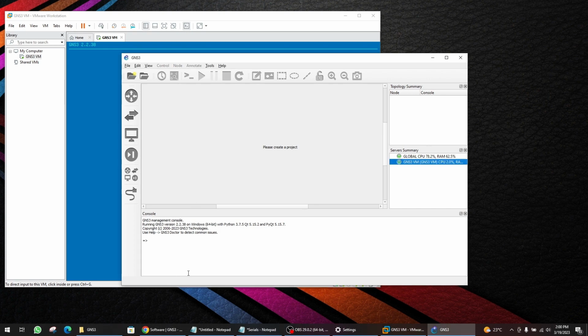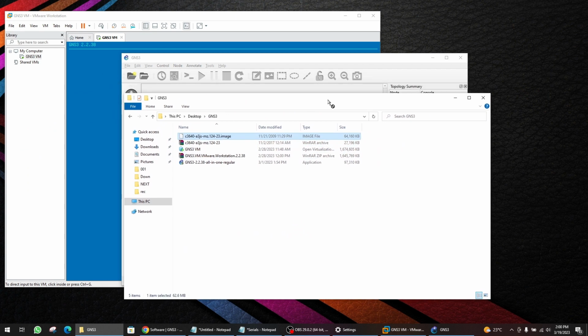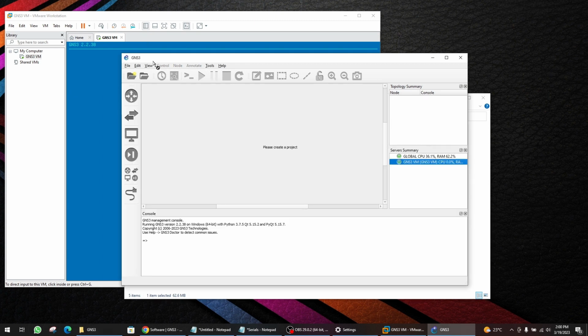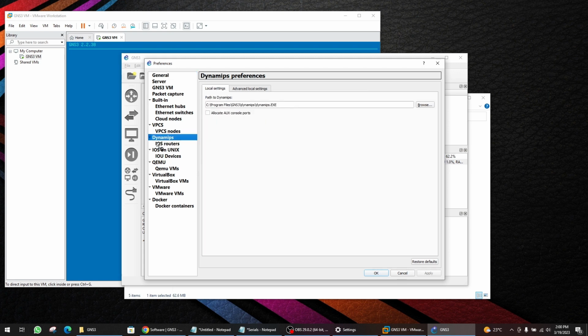Okay, for now I have an image for the Cisco 3640 router, and we are going to import this image into the GNS3. So go back to the GNS3, go to Edit, Preferences, and here go to the